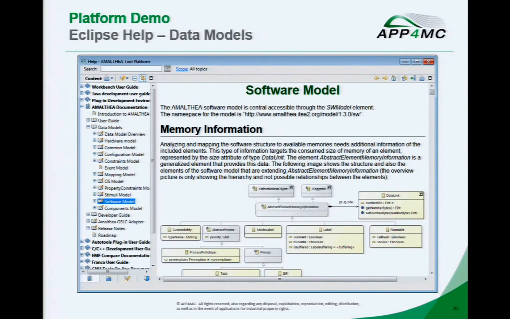The main part of the documentation is the software model. So we try to describe all the different parts of the model. We try to provide some explanations, some class diagrams, some examples of how to use it. It's too much detail for this talk, but if you are interested, it's a good source of information, and to be honest, the only one at the moment.